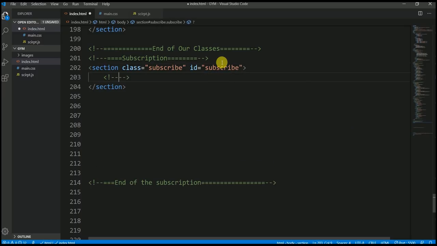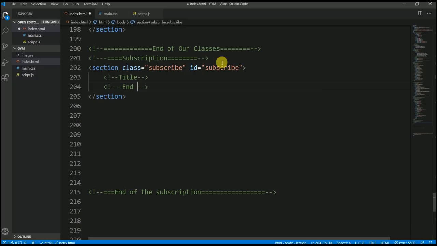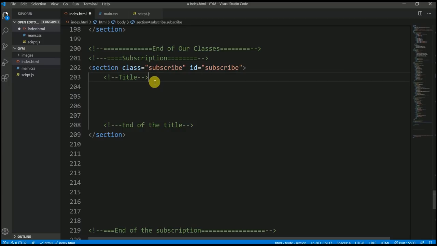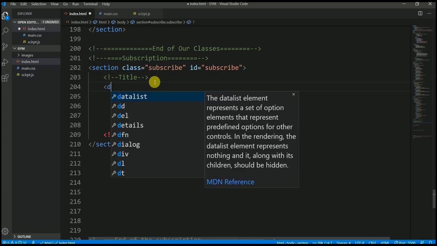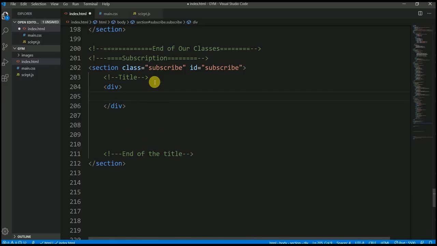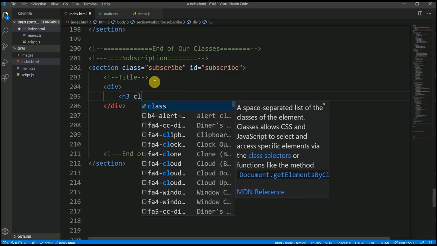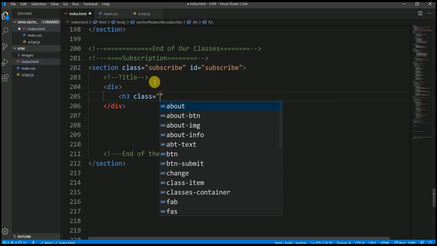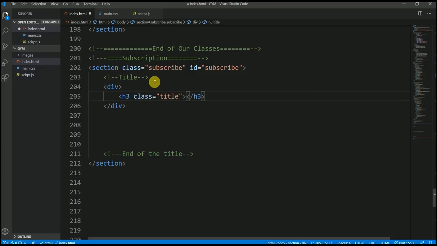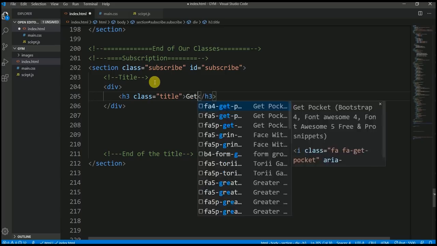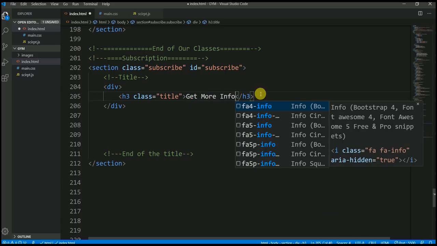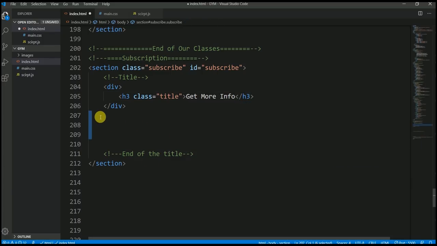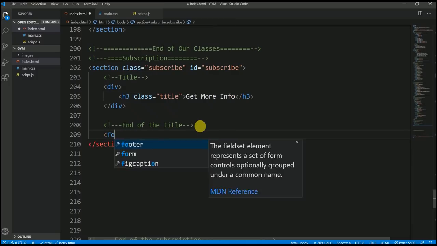Now I'm going to have a title here, so I can copy paste the title, but let me write it. End of the title. Here within these comments, I'm going to write a title, and I'm going to have a div. I'm not going to assign any class to this div, having h3, heading 3, and this heading 3 would be known as title, and get more info. Now let me remove this extra space from here, and here I'm going to start a form,